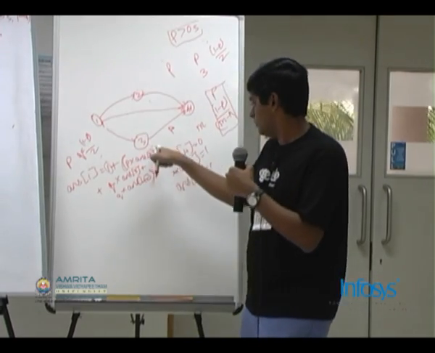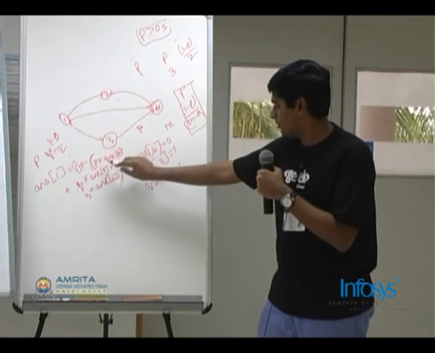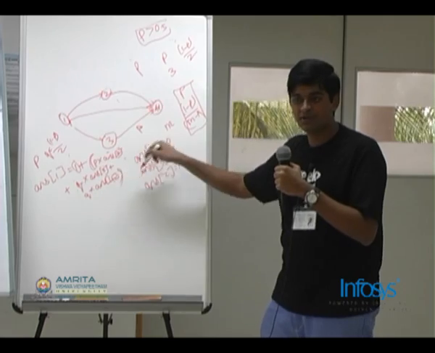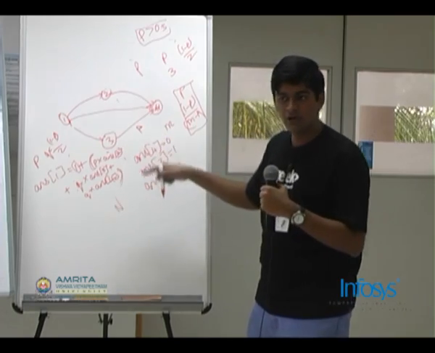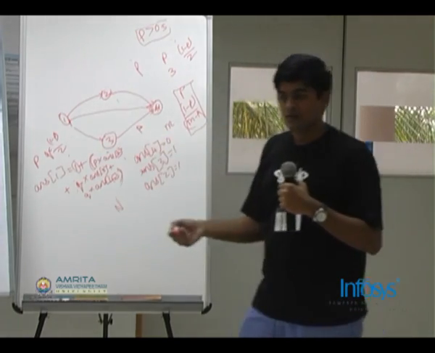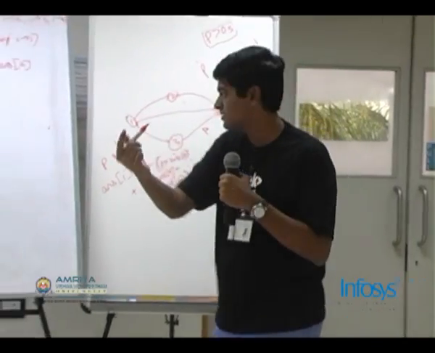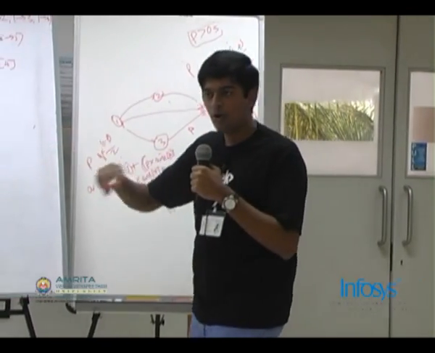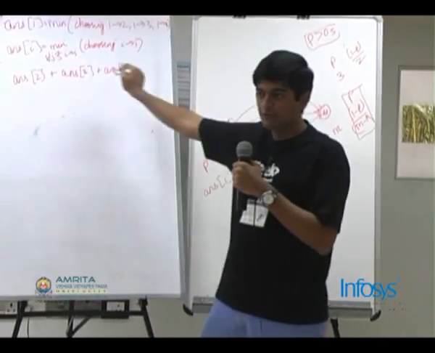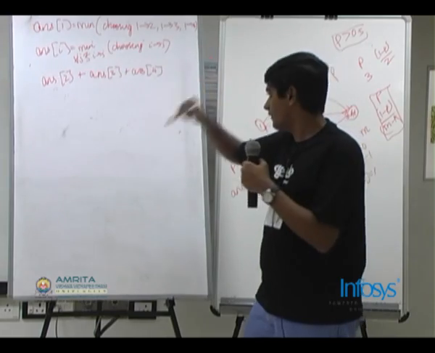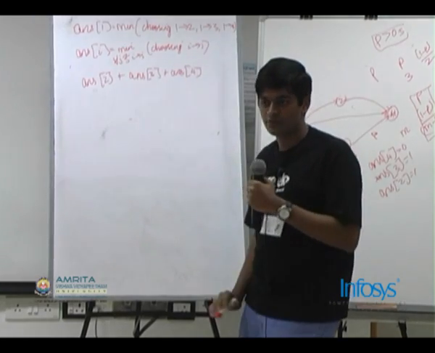If you naively implement it, you have to go to each edge, right? You have to do p into answer of 2 plus q into answer of 3 plus q into answer of 4 plus so on. Assume there are, say, n edges out of this. You will need to make n computations, which will take order n. So his idea is to reduce this order n to order 1. How he is doing that is, when you are at 1, you have already computed the answer for 2, 3 and 4. So first compute the cumulative sum: answer of 2 plus answer of 3 plus answer of 4. Okay?